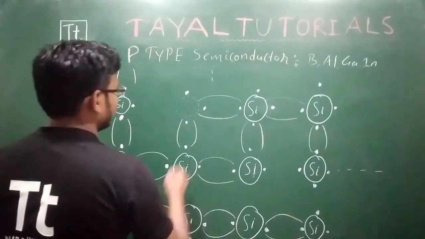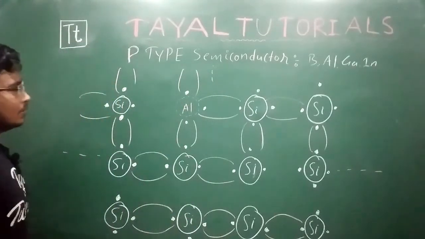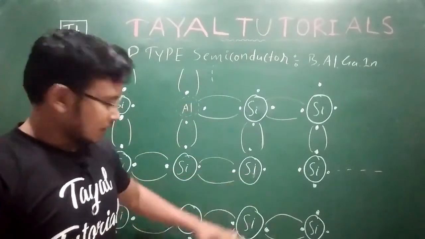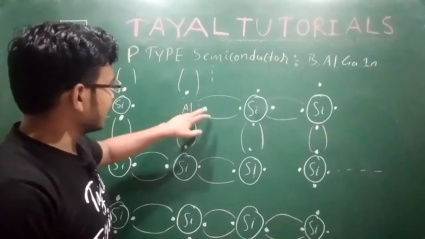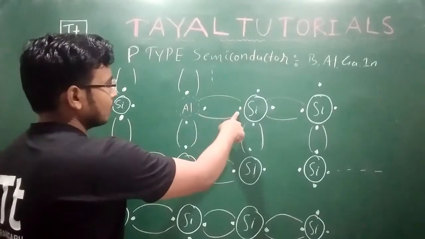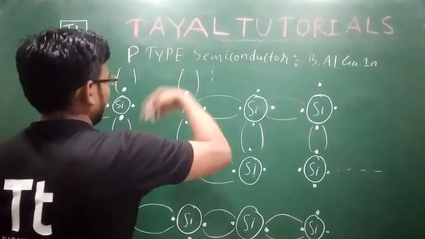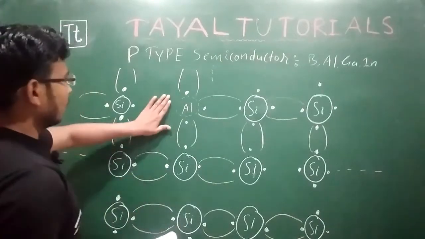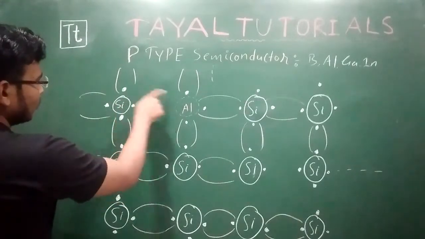Assume that this is aluminium, let's say. See, this is a trivalent impurity added to the crystal, that is pure silicon. These 3 electrons are taking part in the formation of what? Covalent bonding. This electron is taking part in the formation of a covalent bond with this silicon electron, and with the next one as well. Okay, but here there is a vacancy. There is no electron to combine with that silicon electron for the formation of a bond.